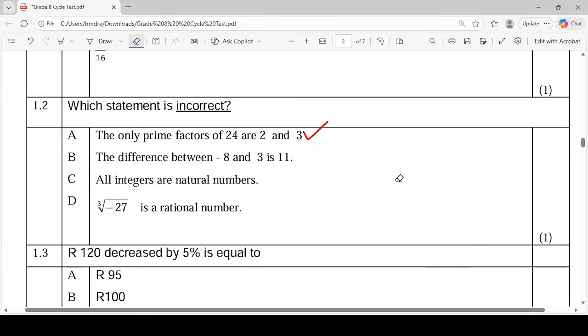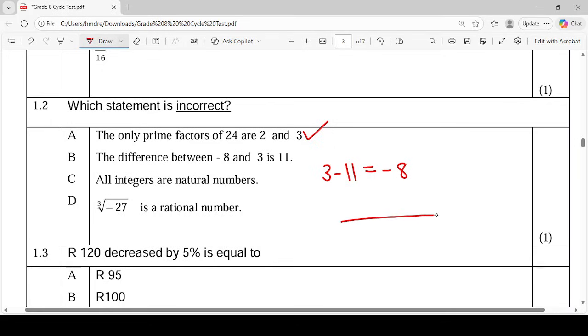The second statement says the difference between -8 and 3 is 11. So you could check this and you could say 3 take away 11. What does that give me? And it does give me -8. So that is correct. The other way to check this, obviously you've got a calculator, so that is easy to check,